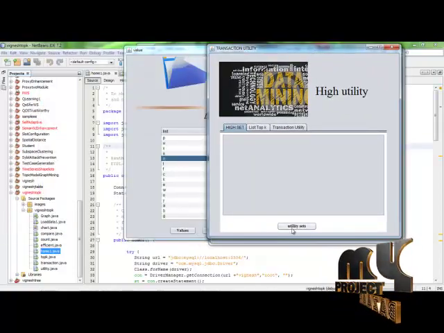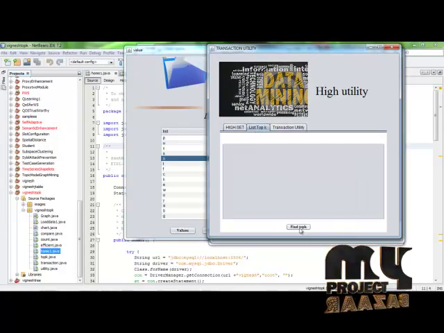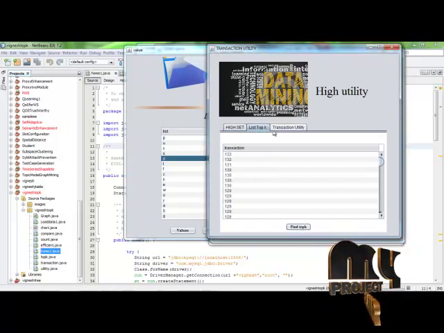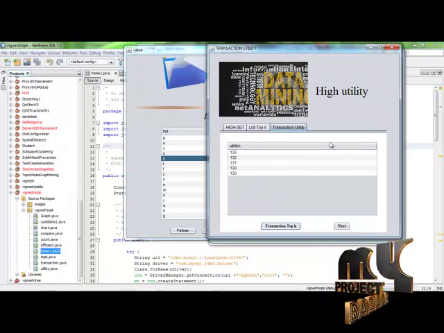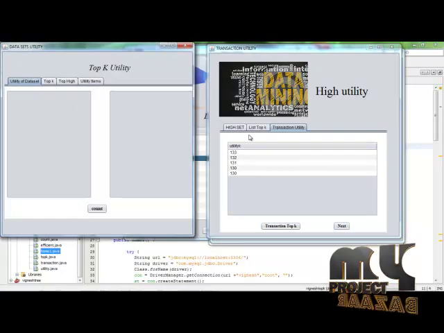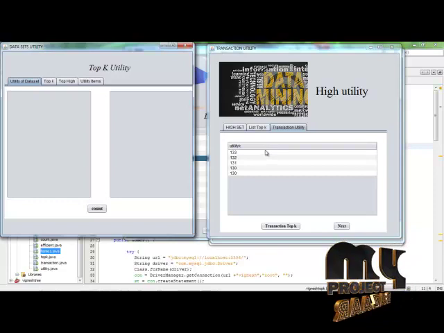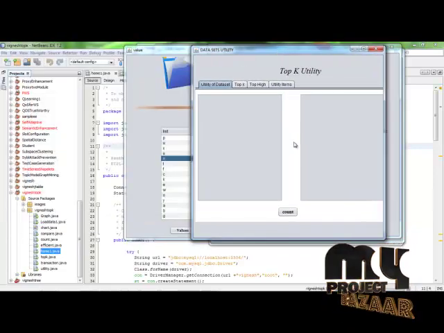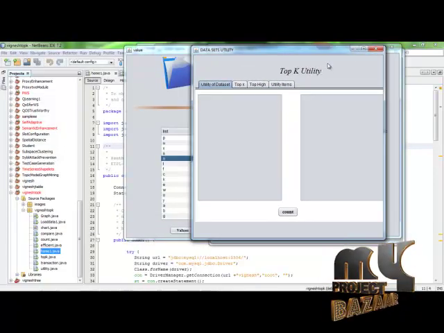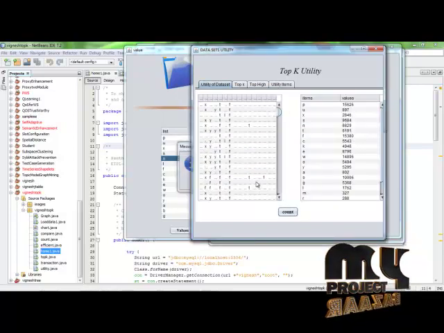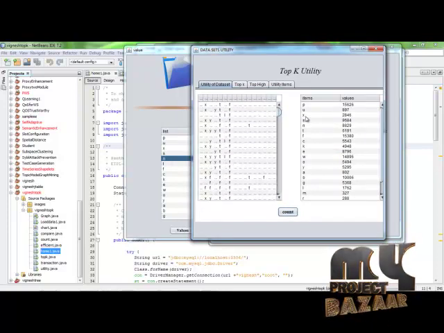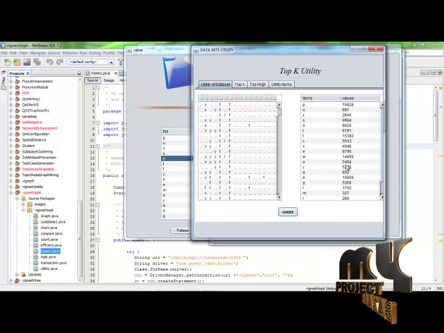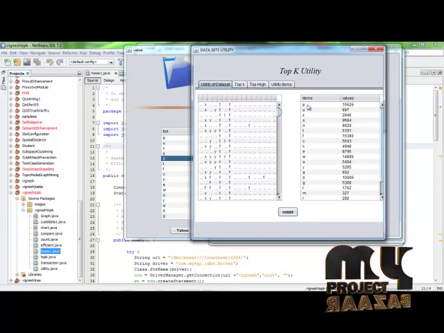After that, we have to find the top. We have taken a particular transaction utility for finding top-K high utility itemsets. I have selected 5 for the transaction utility. This is the column used for finding the top-K utility itemsets. This is a data set from the database. These are the related transaction utility values for a particular itemset.